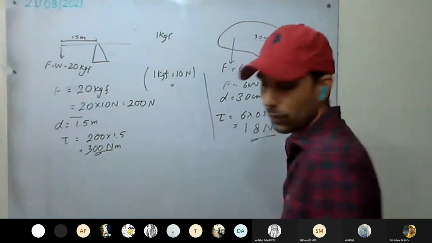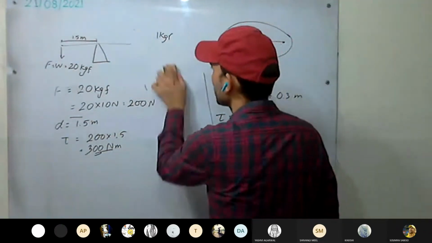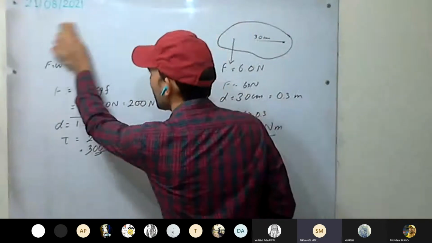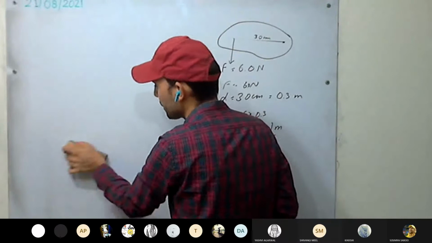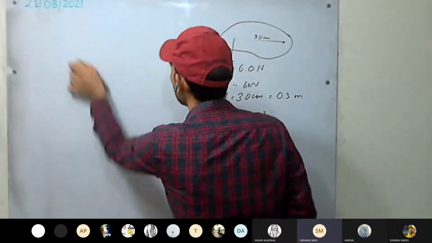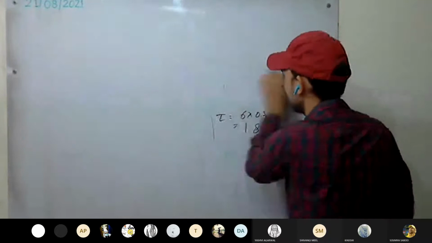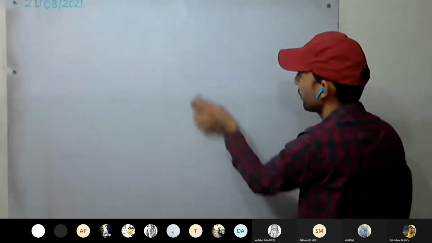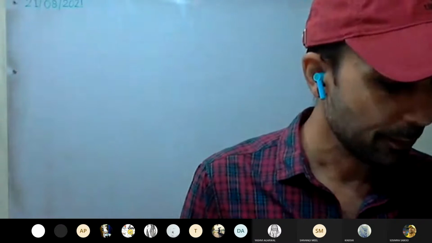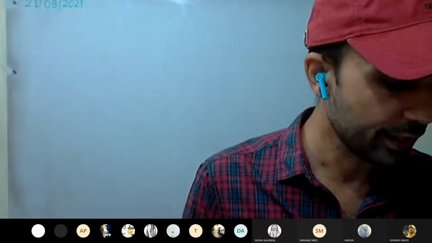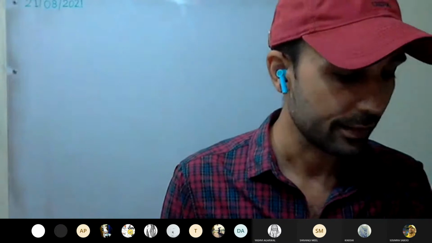Okay. Now the questions are from pressure. Do you remember the formula for how pressure is related to force and area? Force upon area. So pressure is nothing but force per unit area. Force upon area. Okay. So read the question and try to do it, everyone. Calculate the pressure exerted by a force of 400 Newton acting on an area of 80 centimeters square.